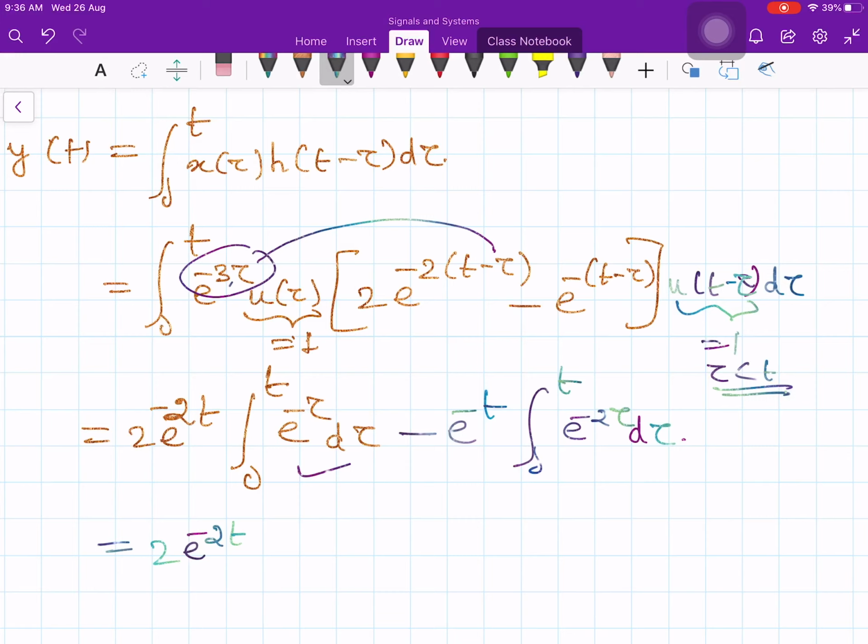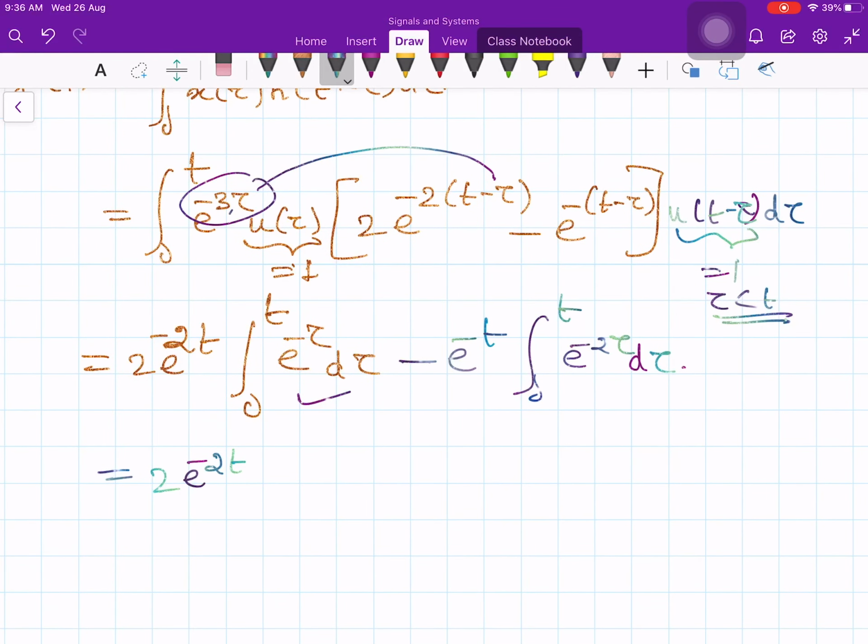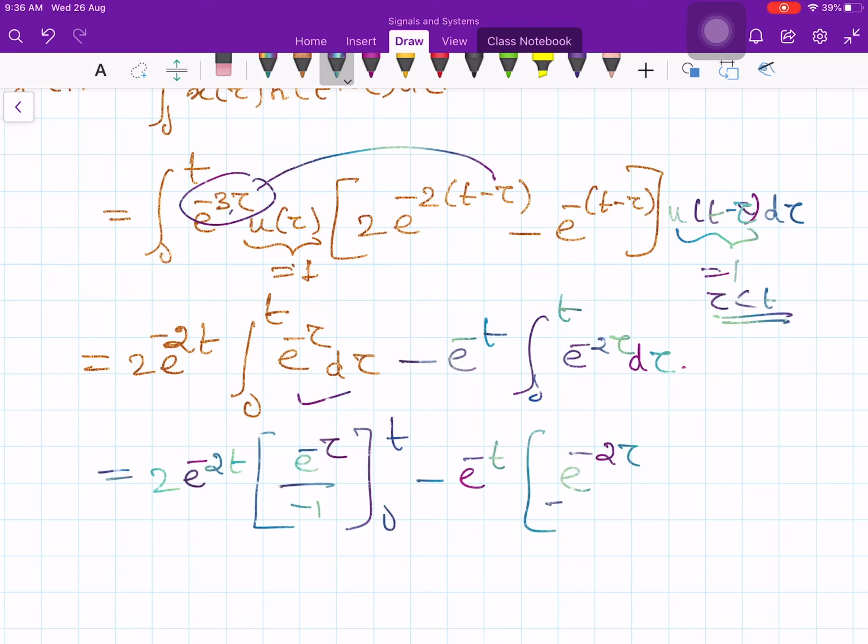Okay, let us work on it. So this is e to the minus tau divided by minus 1, and the limit is 0 to t, minus e to the minus t. This is e to the minus 2 tau divided by minus 2, right? So 0 to t,